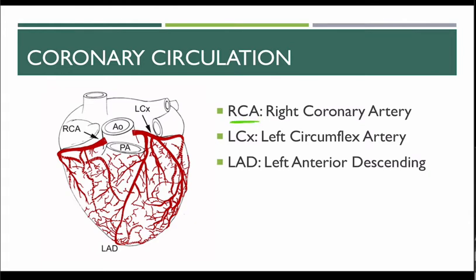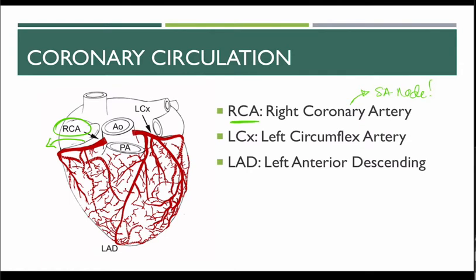So the right coronary artery is the main artery that feeds the right side of the heart. So it comes off of the aorta and heads over to feed the right side of the heart. This is also the blood supply to the SA node, which can be important because the SA node drives our heart rate. And then the left coronary artery, right, is the big branch that comes off the aorta and then